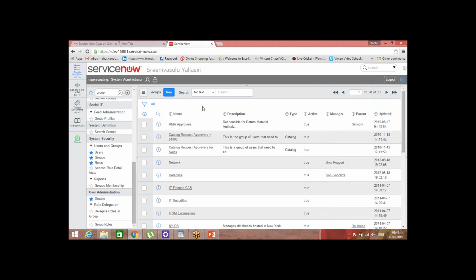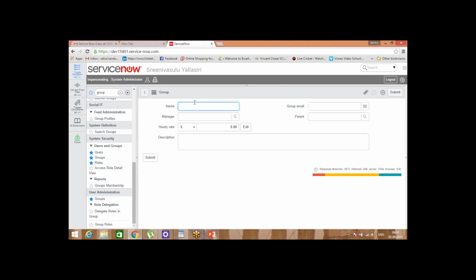So creating a new group, select a new row and give a group name. I'll give the group name GSS-Infotech. You also follow the same thing, and if you have any manager, give the manager's name.